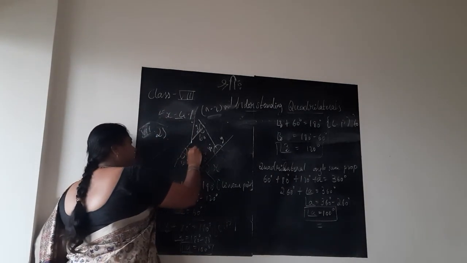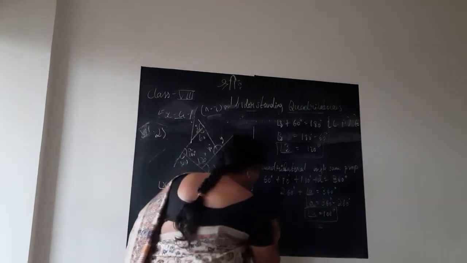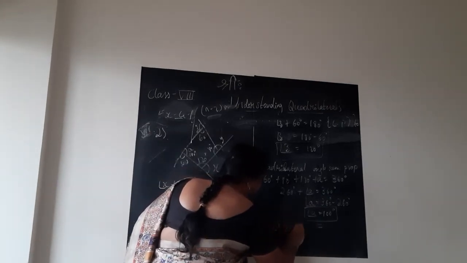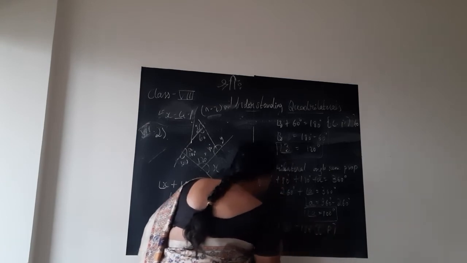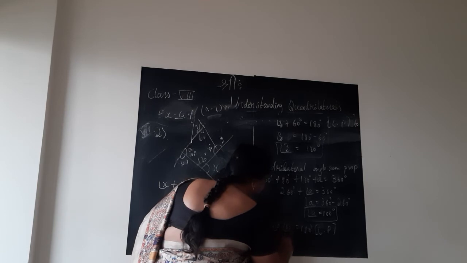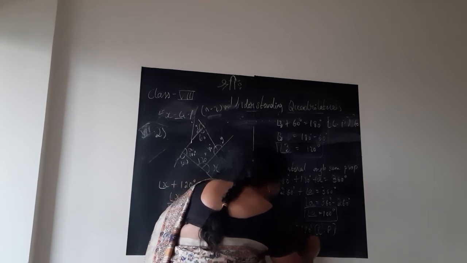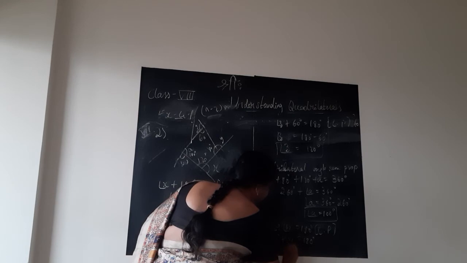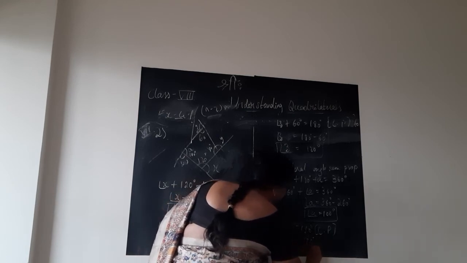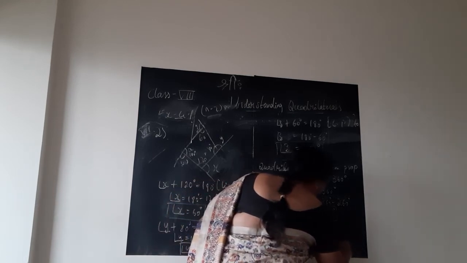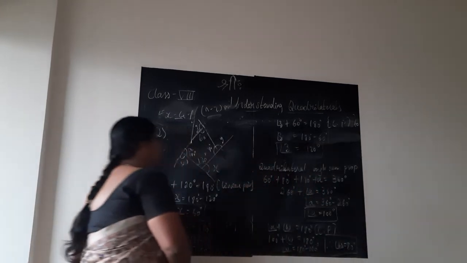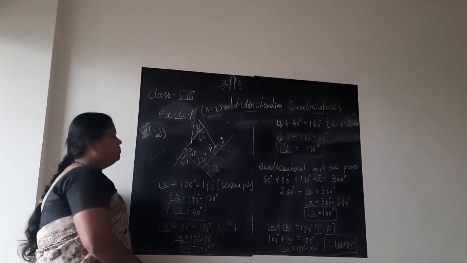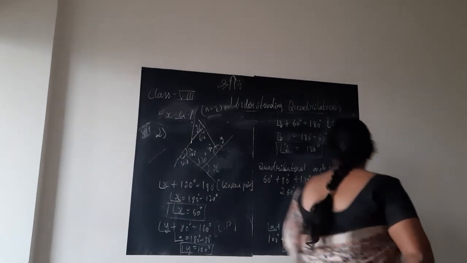So once we know angle A is 100 degree, now angle A plus angle W, we can write their sum to be equal to 180 degree. Why? They make a linear pair. So angle A is 100 degree plus angle W is equal to 180 degree. Angle W is 180 degree minus 100 degree. Therefore, angle W is clearly 80 degree. Thus, we found out all the four angles, that is X, Y, Z and W, children.